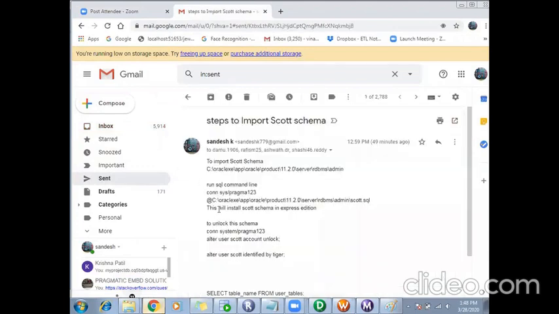Once you install the Oracle database in your system, by default you will get some schemas in it. We will use the Scott schema. Each schema has some set of tables which we can use for our course. In order to import the Scott schema into your Oracle database, you can follow these steps. I have already mailed you, so just follow it.